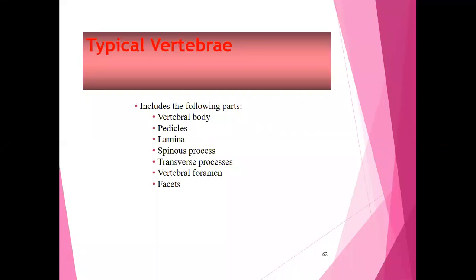Then congenital anomalies of the vertebral column involve a defect of arch formation. So when the arch is incomplete, according to its incompleteness, we would be having the protuberance of